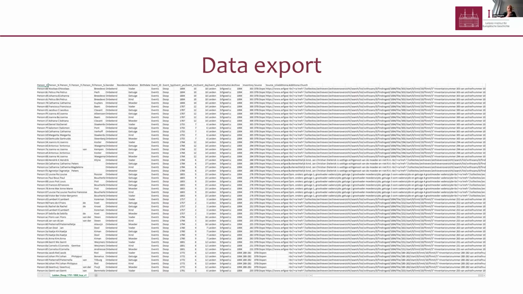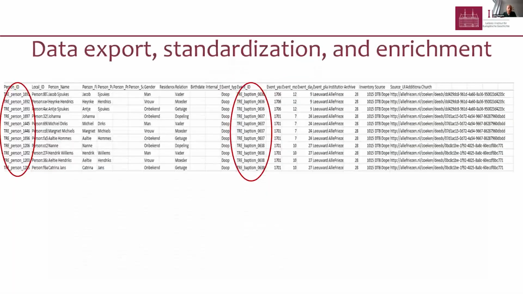So I need to filter the data, and then I could start with data standardization. This was necessary to, for instance, attribute unique identifiers to the people mentioned in the data created by the archives, and also unique identifiers to the events mentioned. What the archives did do, every time they transcribed the name of a person, a unique identifier was added, but they didn't